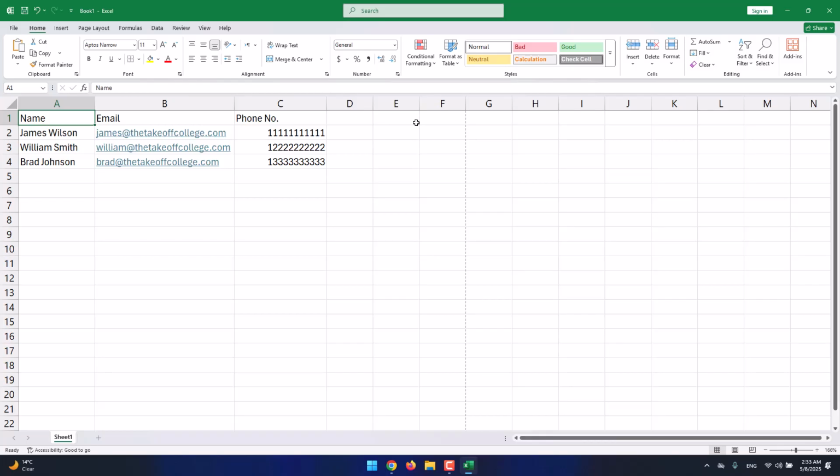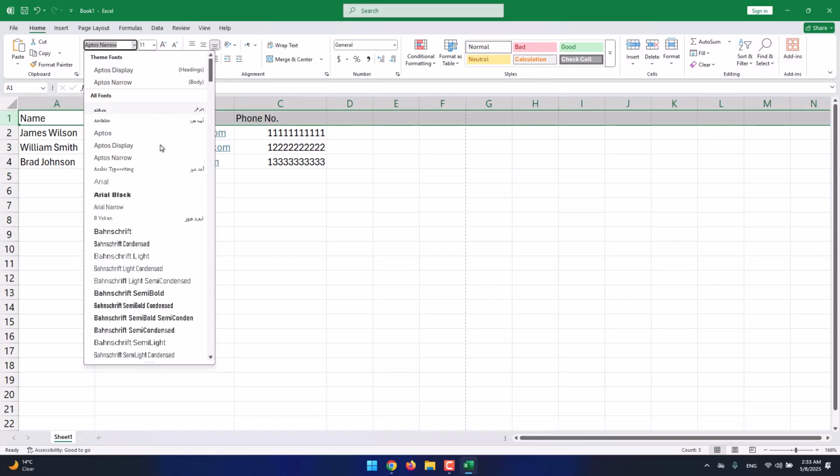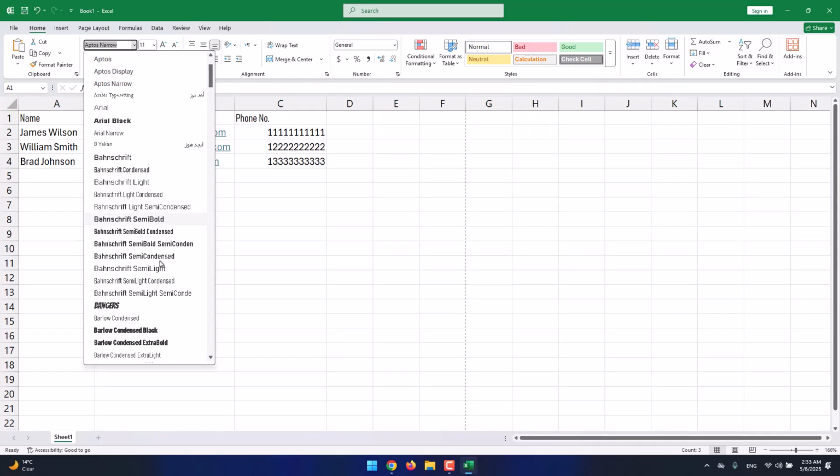In order to do that, so in order to make a selection of a row or a column, all you need to do is come on the name of it. So it can either be a column, which is in letters, or a row, which are named by numbers. And you can come on it, and by clicking once, as you see, it will make a selection of the entire column to infinity, as you see. So I do this with this row, and over here, I change the font family